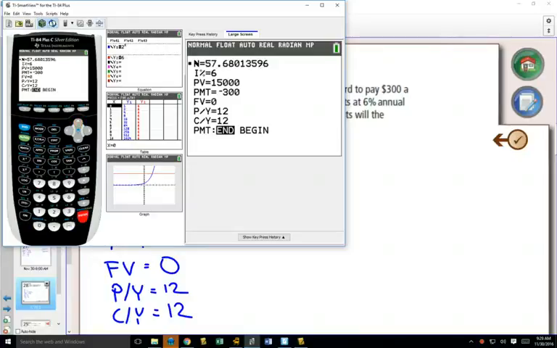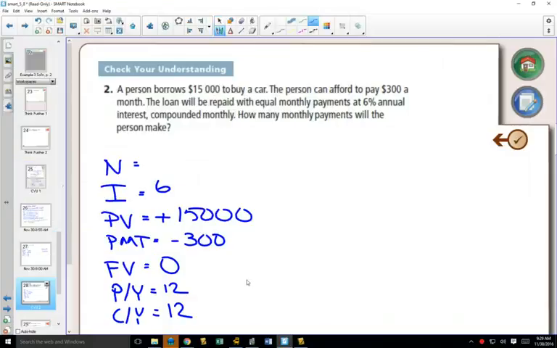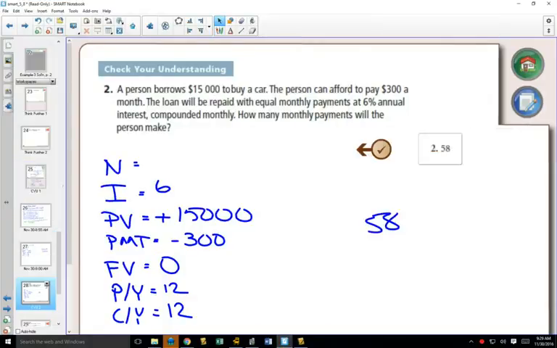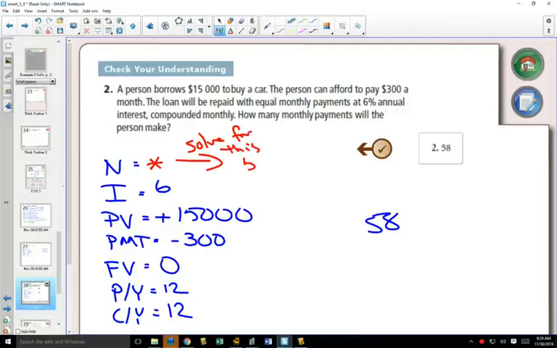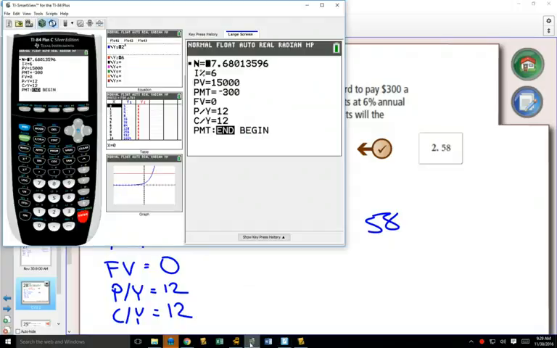Alpha solve: 57.68, which rounds up to 58. And that is the same answer that you would have got algebraically. So what you can show on here is that you solved for this. It came out to 57.68 and 58. So yes, we did make a mistake on our mortgages there that we were talking about because